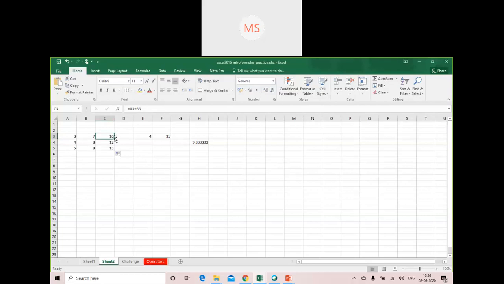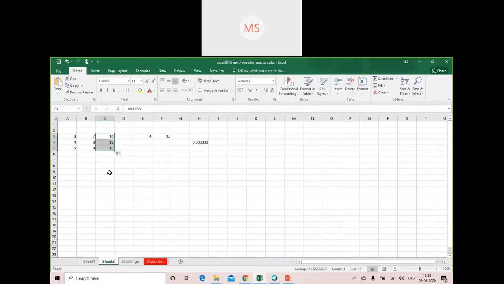But the thing is that you have entered a formula here. Here the cell value is A3 plus B3. Now, if I want to copy the same formula in C4 and C5, what I need to do is simply put your mouse here, click it and drag the cell to C5.